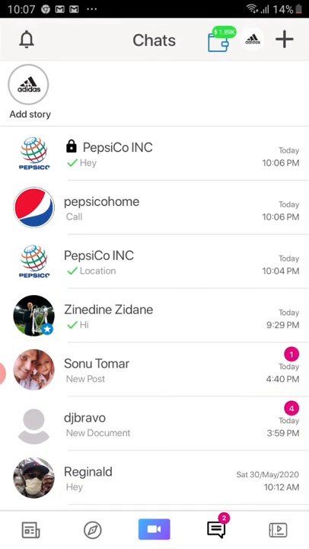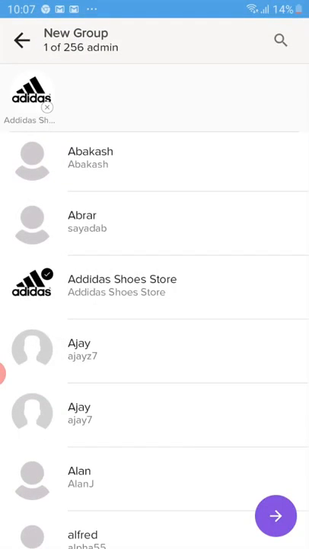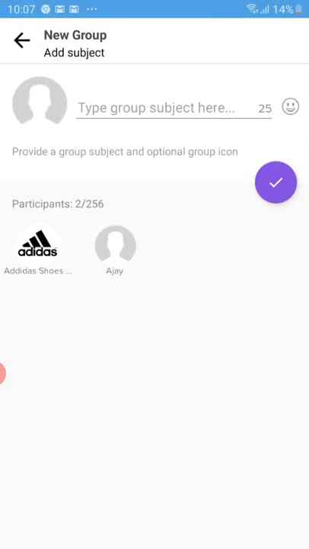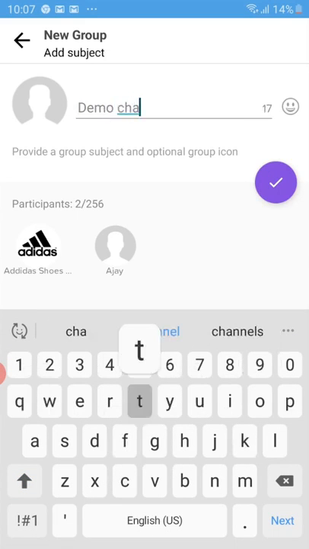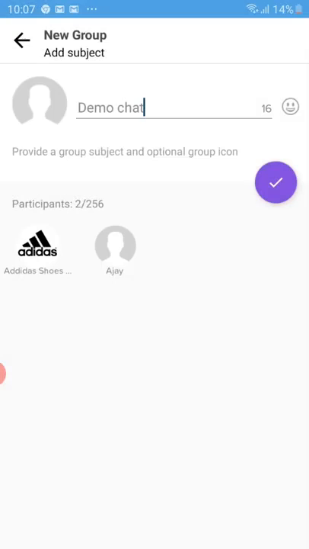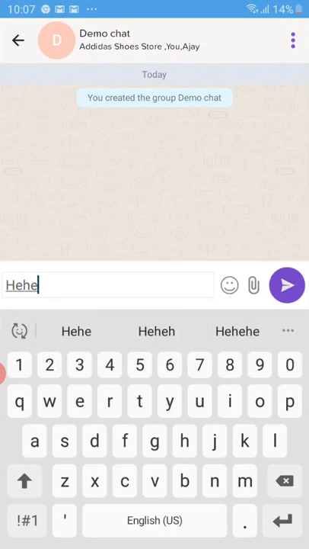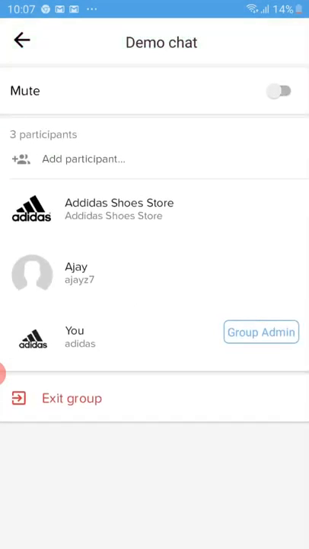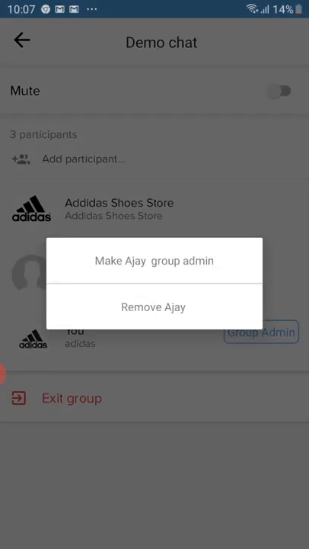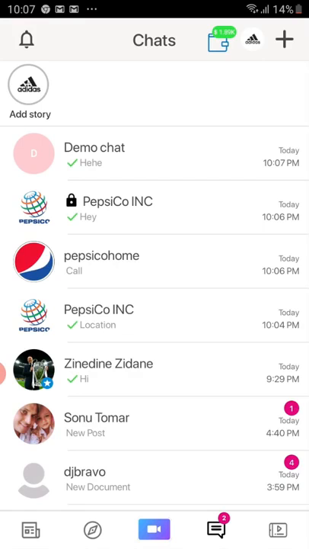Right? Now we also have an option to create a group chat, so I can add more than one person on the group and launch a chat here. This is the demo chat. So I can chat on a group and I can see all the members of that group right here. Since I'm the admin, I have other permissions. I can make the other user the admin and all that stuff. Again, on the lines of what you see on WhatsApp, right?